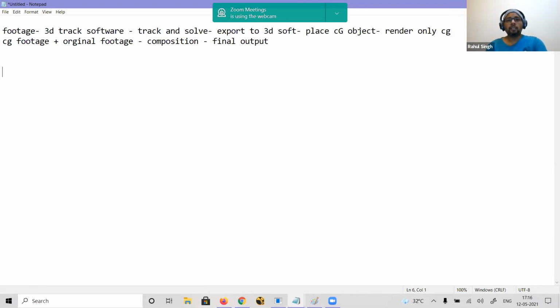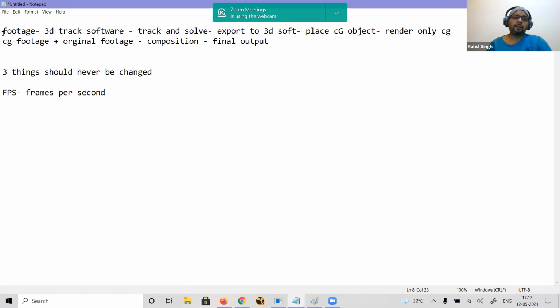Now in this whole process, three things should never be changed, irrespective of the software. Three things you have to remember should not change on any step. You will get those three things from the raw footage, and you have to maintain them in the final output. What are those three things? The first thing is the frames per second. The FPS should not be changed.